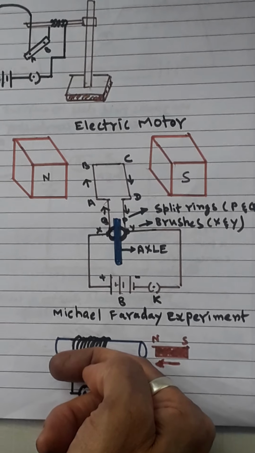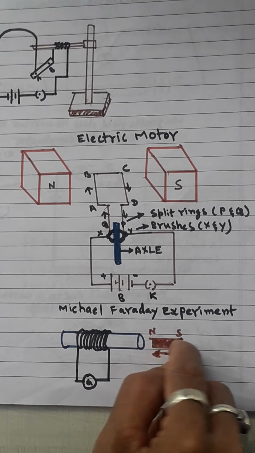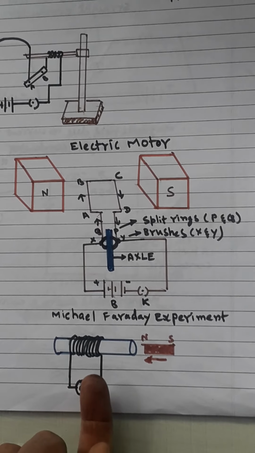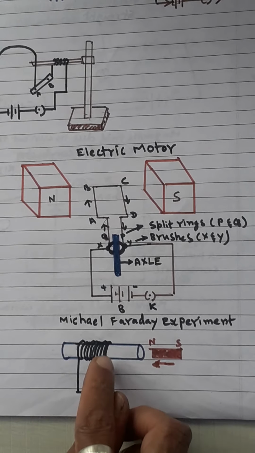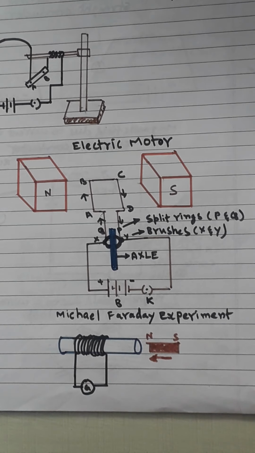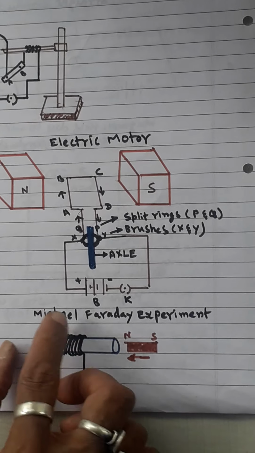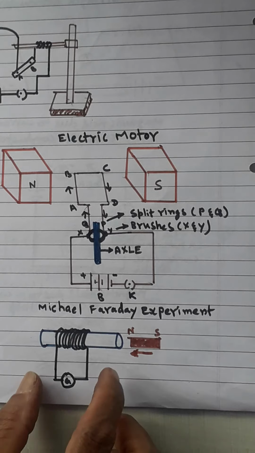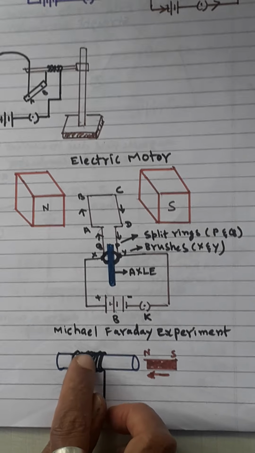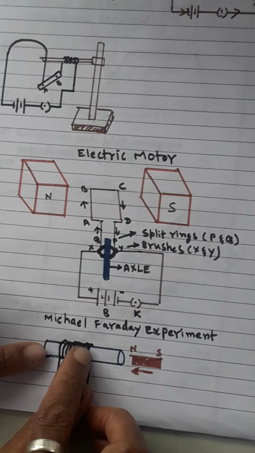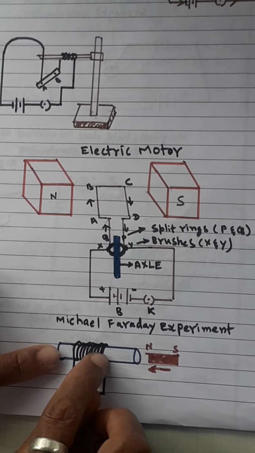If you take the magnet away again, from last to first, the deflection will be in the anti-clockwise direction. So one time it deflects clockwise, and another time, while you are bringing it backward, it goes anti-clockwise. That is the experiment Michael Faraday did. What this experiment shows is that by means of magnetic power we can create current, because he thought in a different manner. Everybody was saying that, as Hans Christian Oersted said, by using current, magnetic fields are produced.